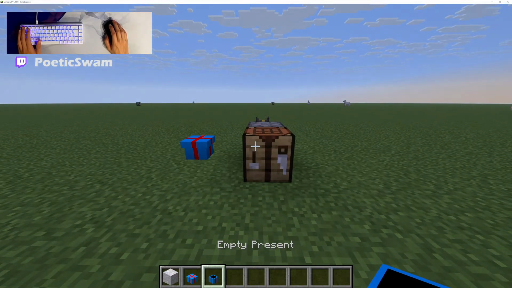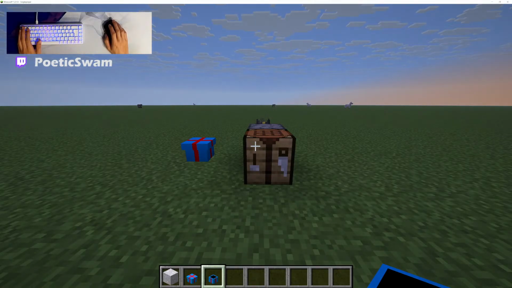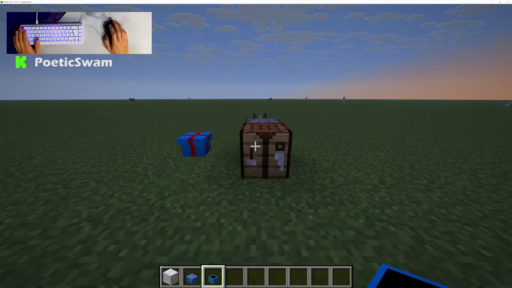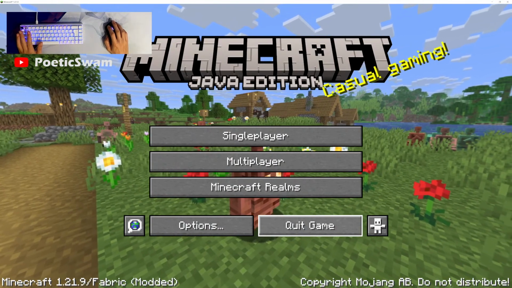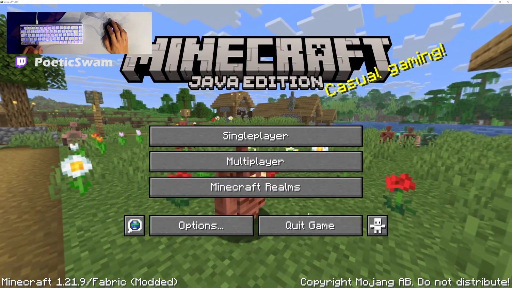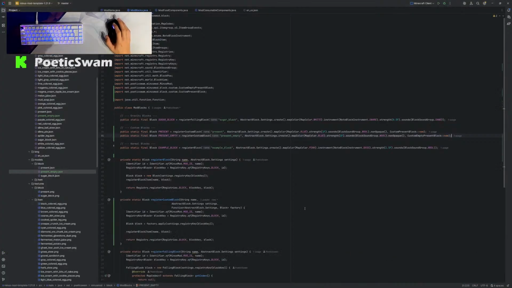Wait, does the empty present technically just not need a ribbon around it? Nah, we'll leave the ribbon there because it makes more sense crafting wise. No, not crafting wise. Loot table wise, it makes way more sense. Now hear me out. Why does it make so much more sense? This is actually elite ball brain knowledge here. It makes so much more sense because